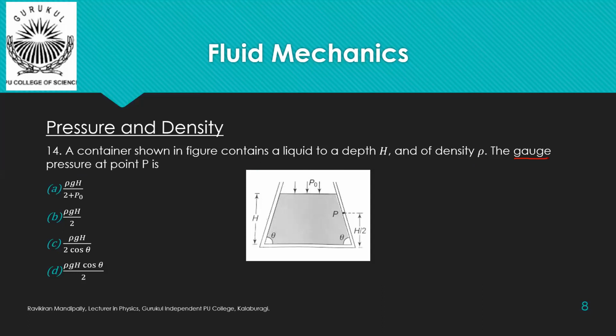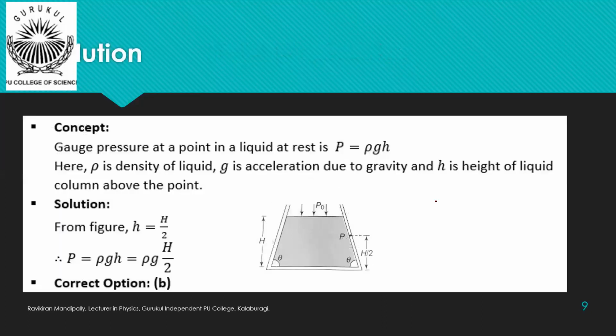Now the pressure due to the fluid at point P we wanted here. Point P, if you see here from the base, is at a height of h by 2, and total height of the column from the base is h. So this part becomes h by 2 as well.